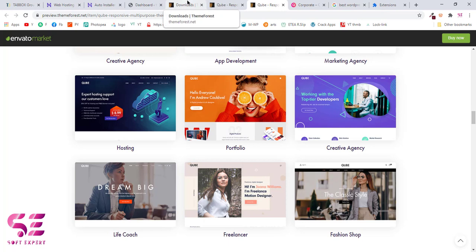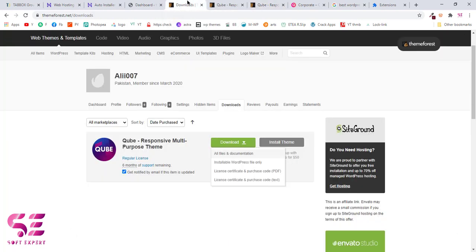In my previous video I already showed you how we can buy a theme from Theme Forest. Now once you buy a theme from Theme Forest, you will have to go to its download page and then click the download button, and you can download its file and documentation, or download only the WordPress files. Now I already have downloaded this,